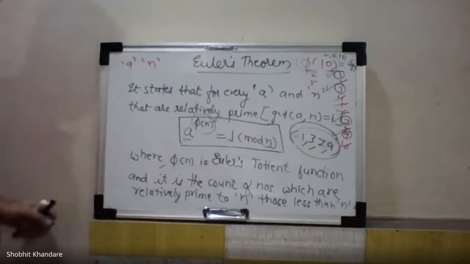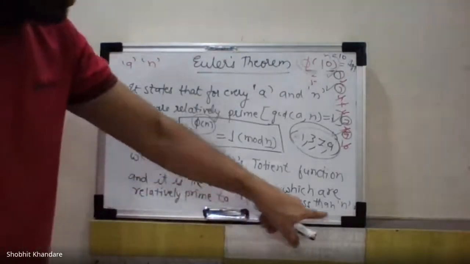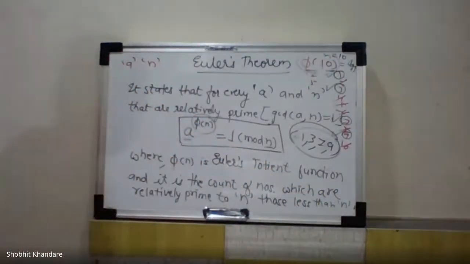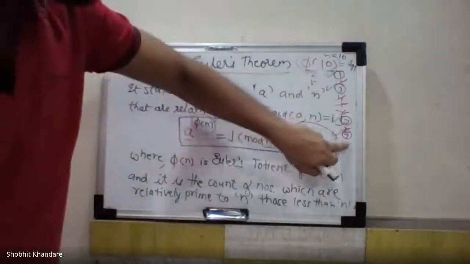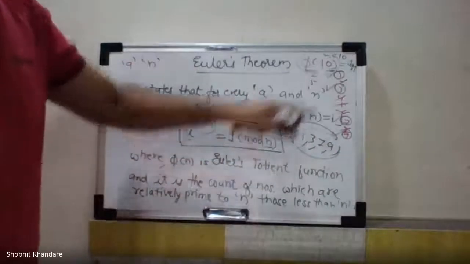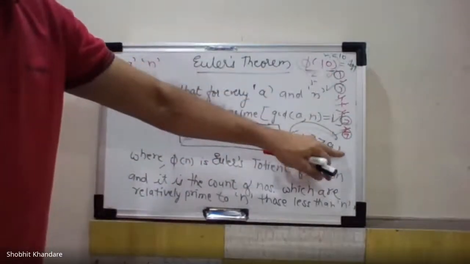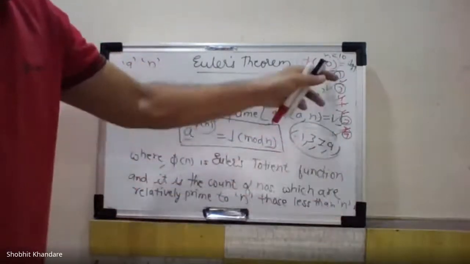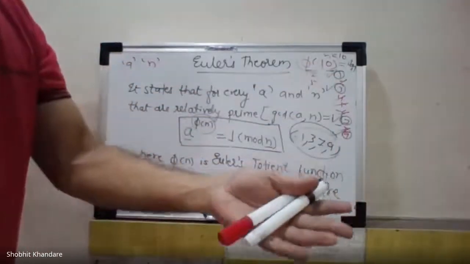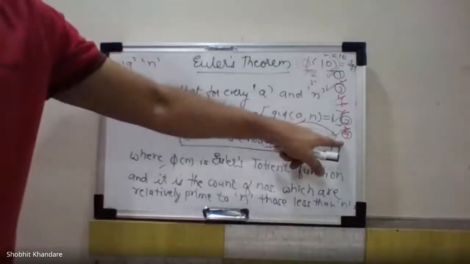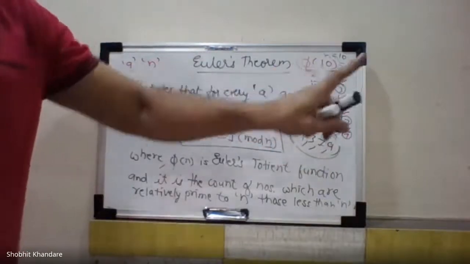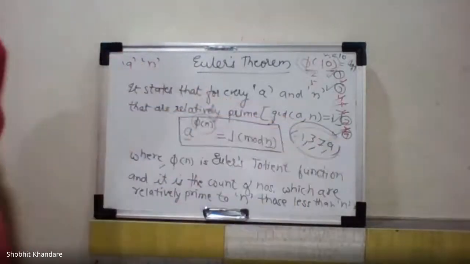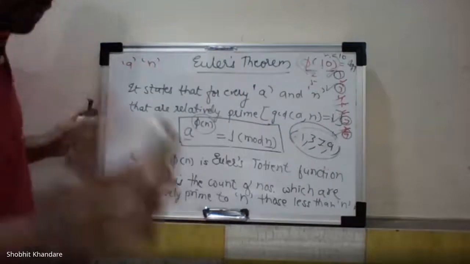Case number 1, and this is important. You can underline: those less than n. While counting, we don't need to take 10. Remember this also: while writing I write 1 to 10, but I need numbers less than 10, so we can stop at 9. Because 10 with 10 will not have GCD 1. So I can neglect this 10, and I want the numbers less than n, that is less than 10 only. So we'll go over the cases one by one.